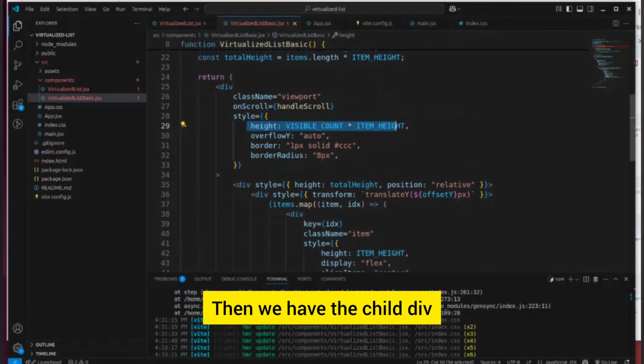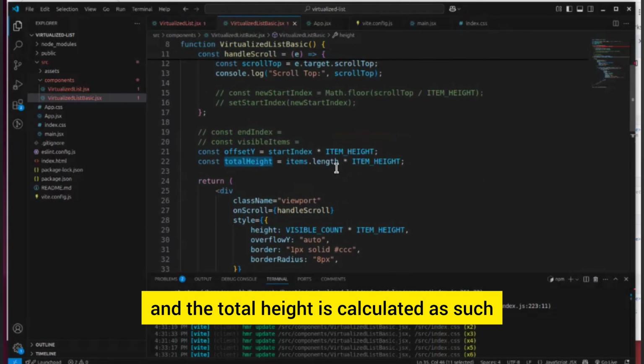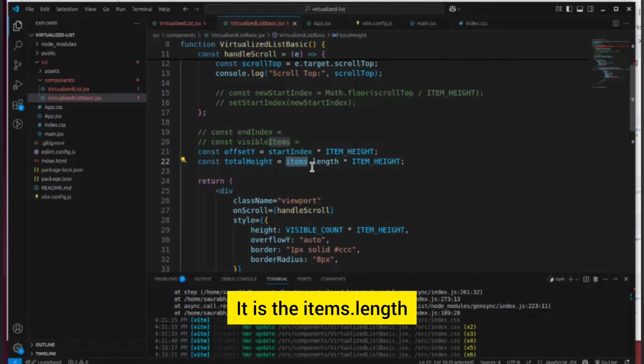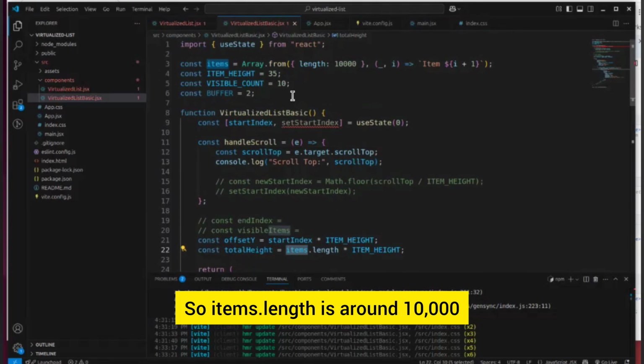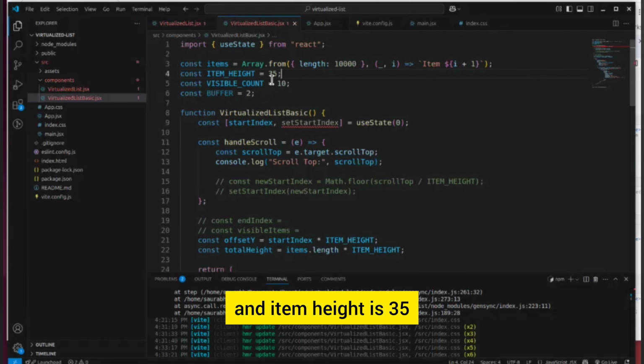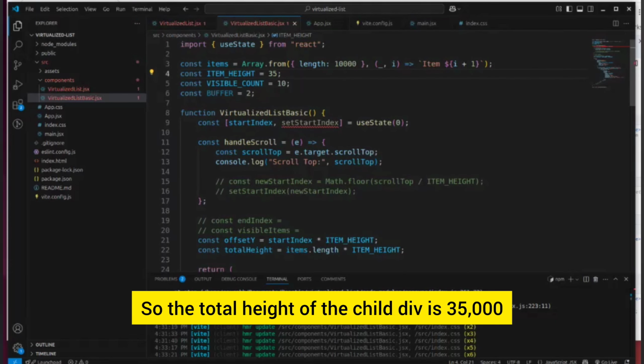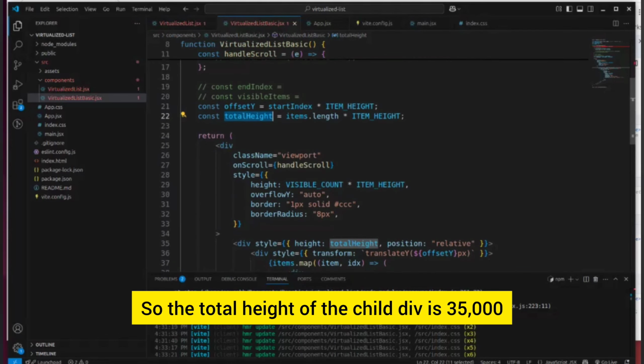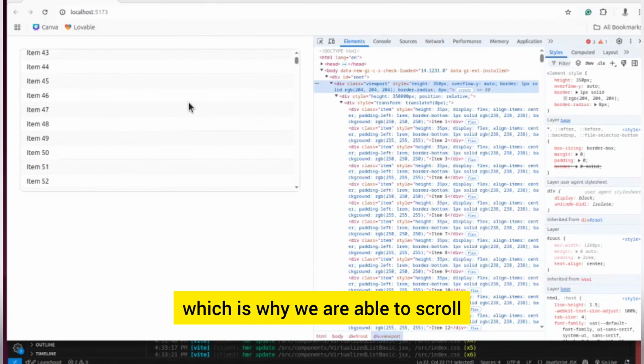Then we have the child div. So the child div has a total height, and the total height is calculated as such. It is the items.length. So items.length is around 10,000 and item height is 35. So the total height of the child div is 350,000, which is why we are able to scroll, because the